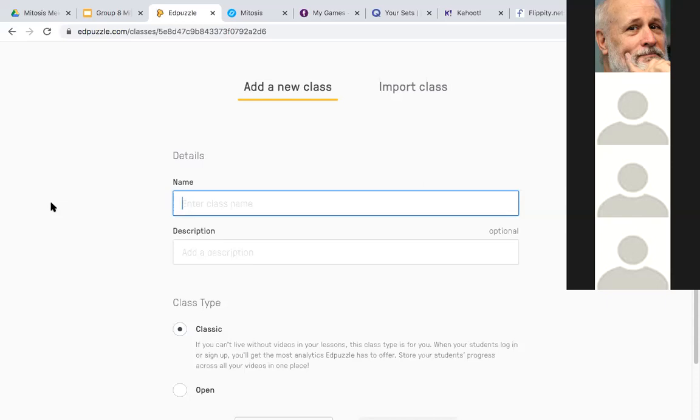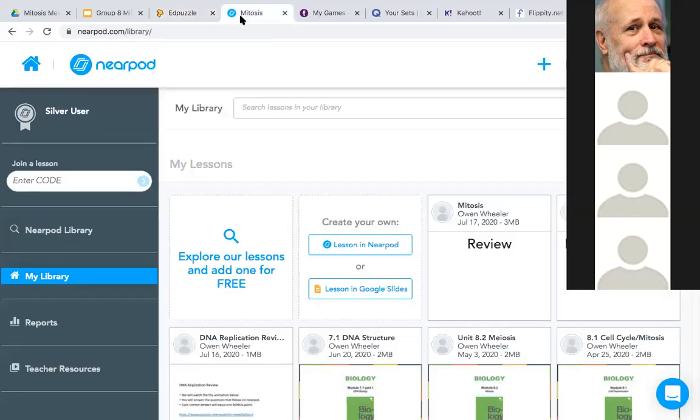It's so easy when someone is just talking on a computer screen to tune out, do something else, open another window. So what I personally use during lecture is my favorite application, and it is called Nearpod.